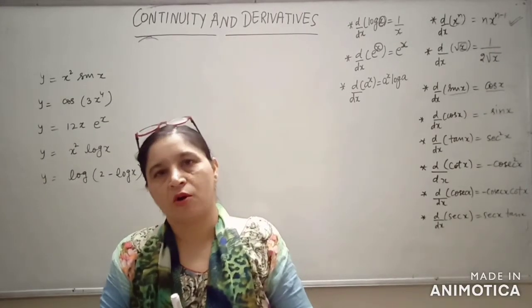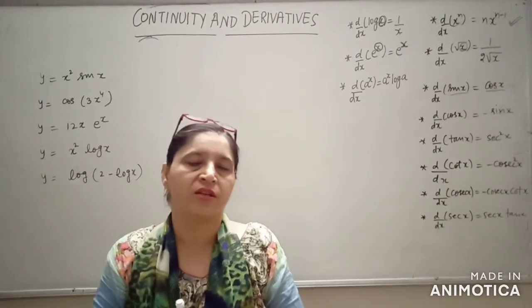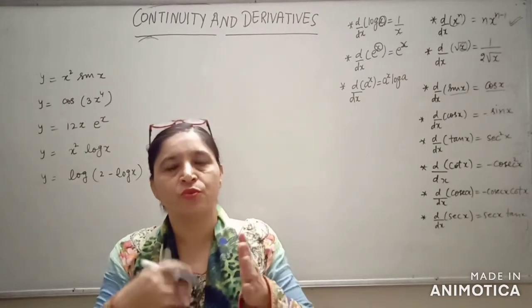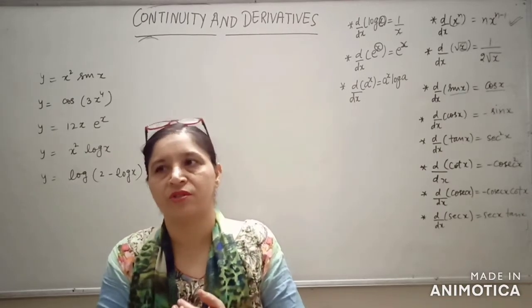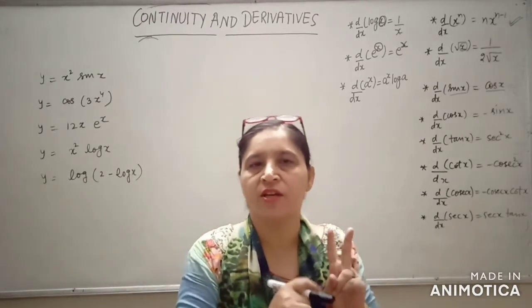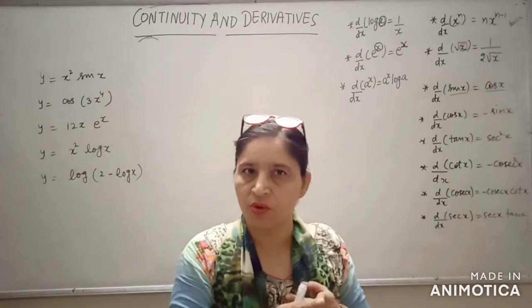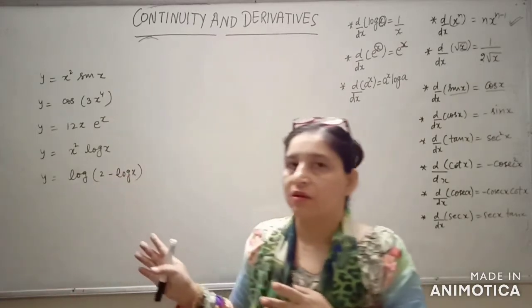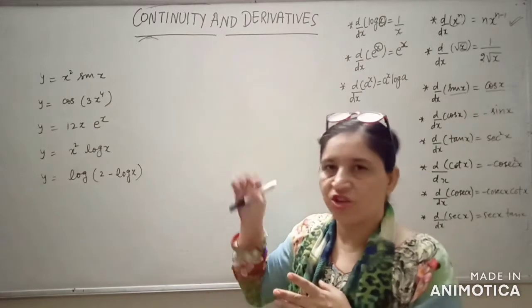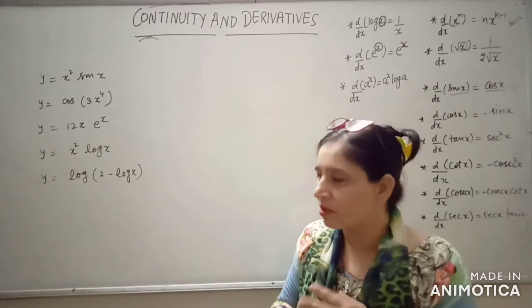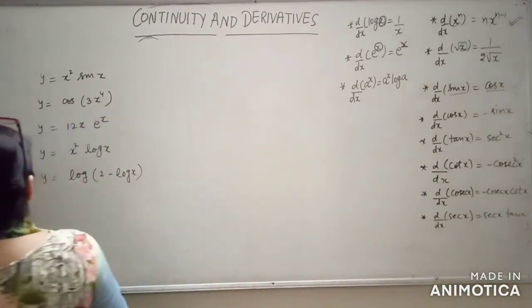Students, it is observed that students sometimes get confused about which rule should be applied in a question, chain rule or product rule. Especially they get confused between these two rules. So that's why I have written a few examples to check where chain rule will be applied and why, and where product rule will be applied and what is the reason. Look here, first is this.